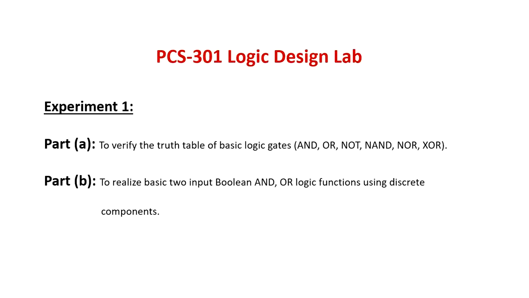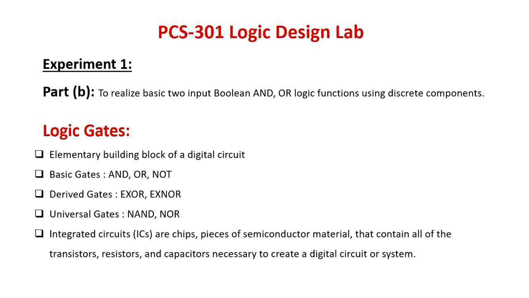On the virtual lab, this experiment is for all the Boolean functions, that is AND, OR, NOT, NAND, NOR, XOR. So we will be performing all of these. To realize basic logic functions using discrete components, we can use either diodes or transistors. BJTs you must have read in first year. You can use MOSFETs, another type of transistor, also, but we'll stick to diodes and BJTs here because you have studied them in your first year.